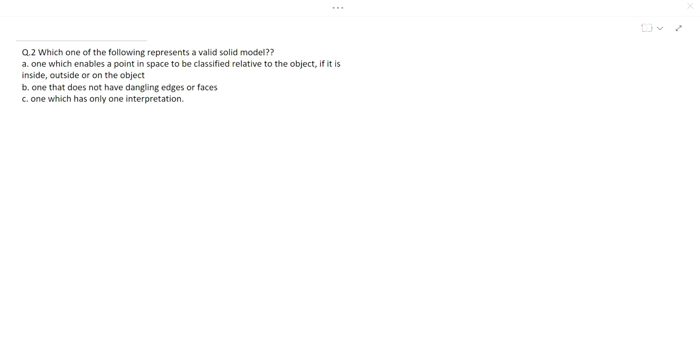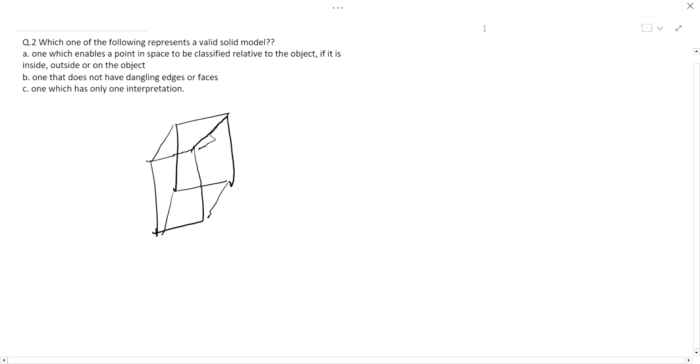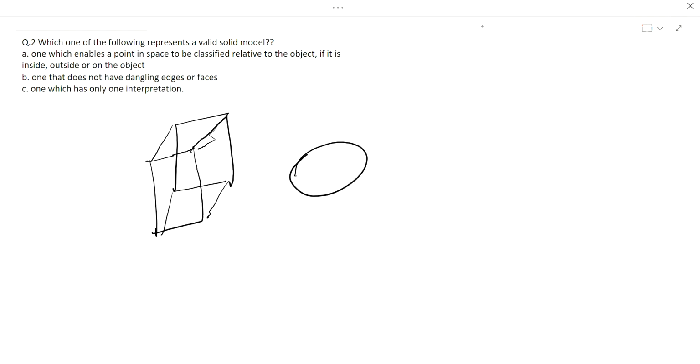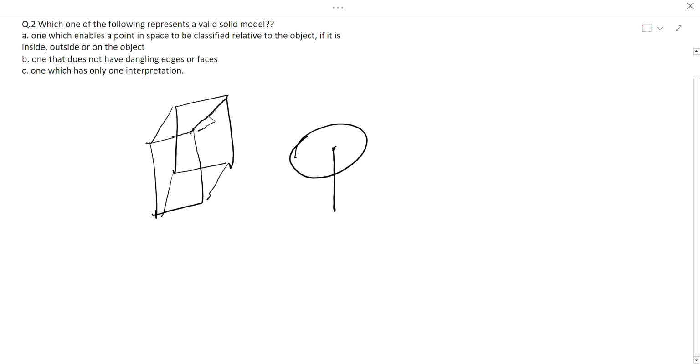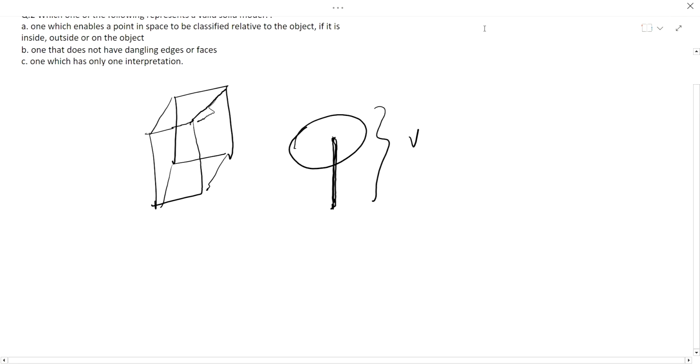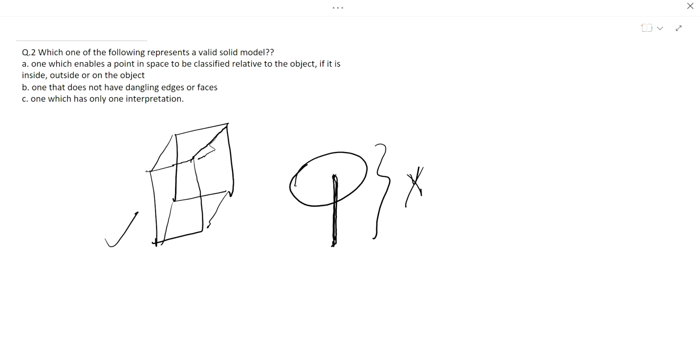But if we are asked about what is a valid solid, it is a solid which is complete, which does not have any extra edges or faces in its surrounding. Like this, it can be said to be a valid solid model, as it does not have any edges or faces which are dangling. But suppose we take a circle and we have an extra rectangle protruding from it. In this case, this won't be a valid solid model. But here this is a valid solid model. So this is the correct explanation for this question. And the first option, this represents